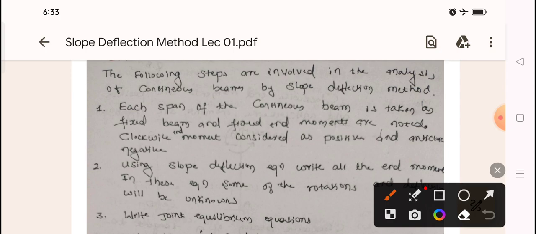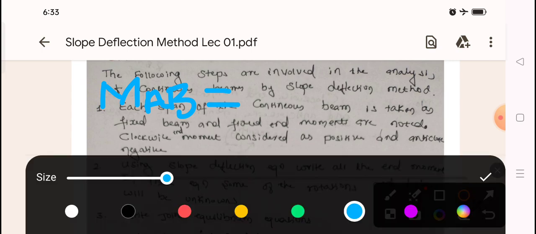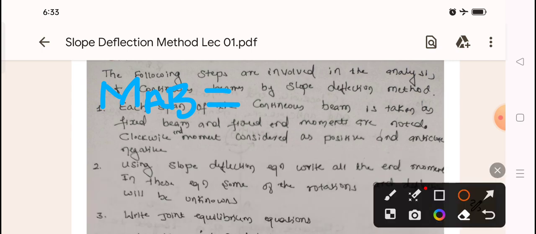Can you tell me what is the formula? So I will write here. So what is the formula? The formula is for MAB. What is the formula for MAB? Can you repeat? What is the formula for MAB? Please. Okay. So the formula will be,